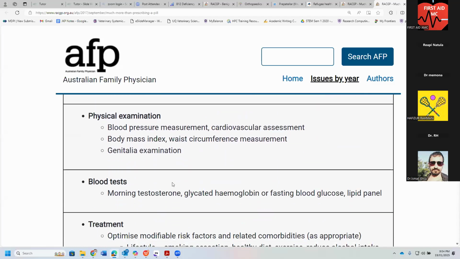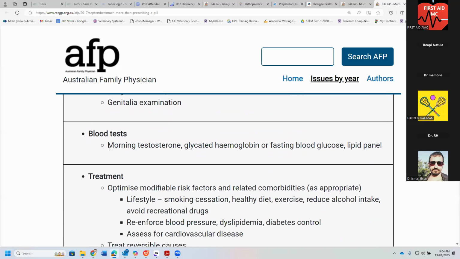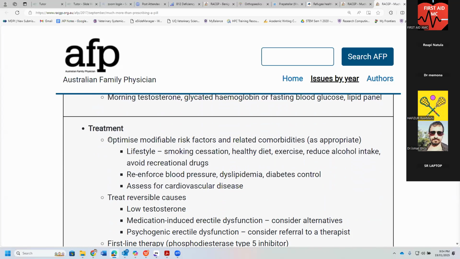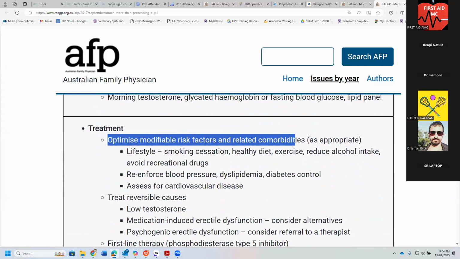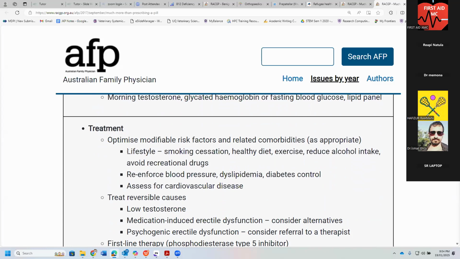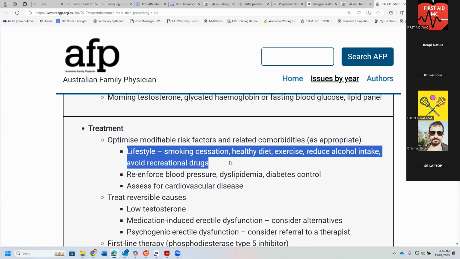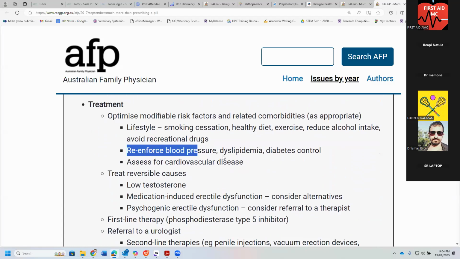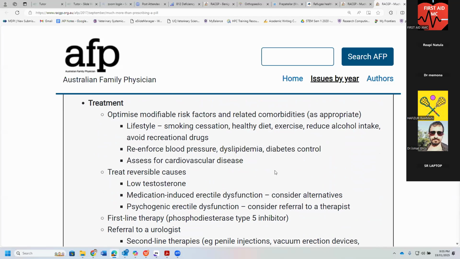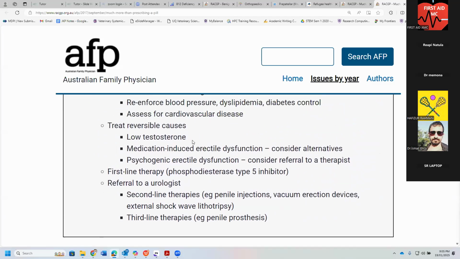Evaluation of their risk, physical examination, and blood tests if you think it's a hormonal problem, or if you think that atherosclerotic disease might be contributing. Optimize modifiable risk factors first in your treatment. For example, in lifestyle: quit smoking, healthy diet, exercise, reduce alcohol intake, and avoid recreational drugs. Reinforce blood pressure, dyslipidemia, and diabetes control. Assess for cardiovascular causes. And then you can treat reversible causes like low testosterone, medication-induced erectile dysfunction, and psychogenic causes by referral